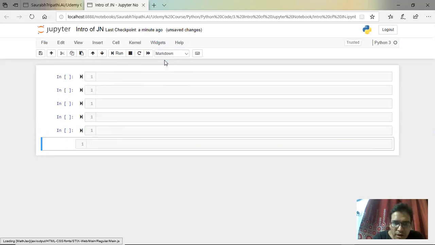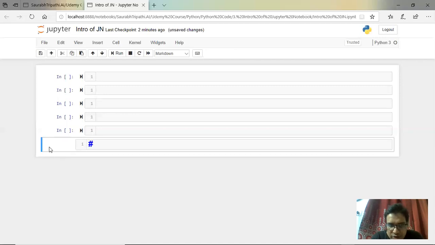So once you switch to markdown, as you can see, you cannot see the In and square brackets above it. What you see is a blank area. This means it is a markdown. That means you cannot write code here. You can just use it for text basically, and you can write text directly like this. Any text can be there. As you can see, it is right now green. That means we are inside the cell right now. To get out of it, you can press escape, or you can simply click on the outer area like here, and as you can see, the color has changed to blue. Once the color is blue, that means we are out, and we can do a few things here.